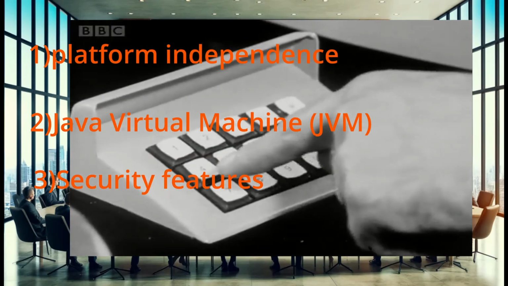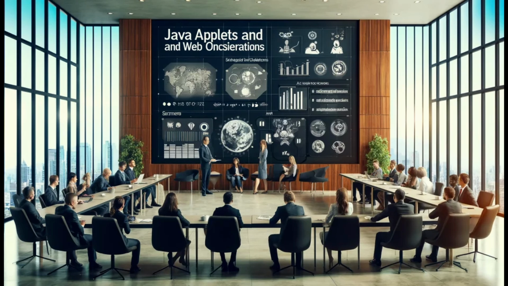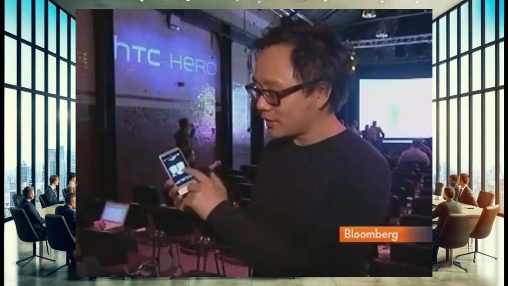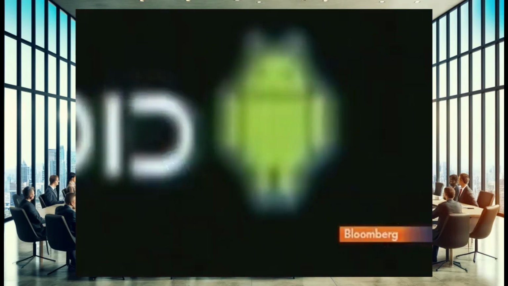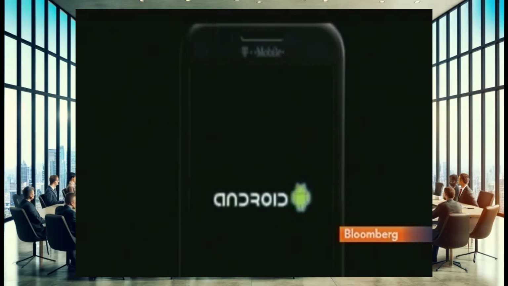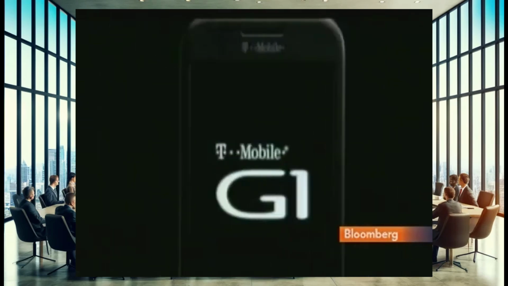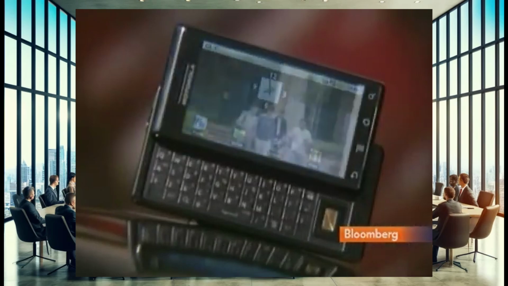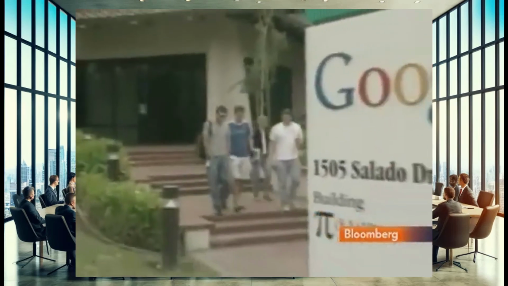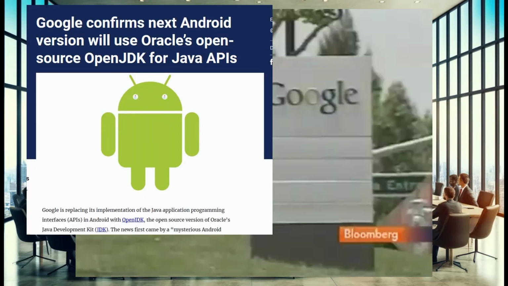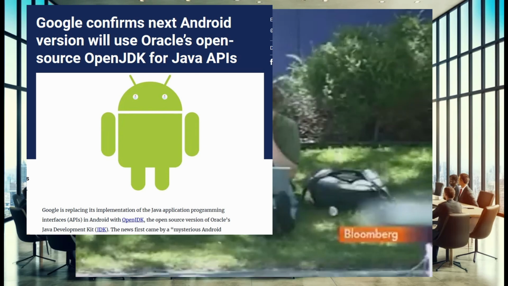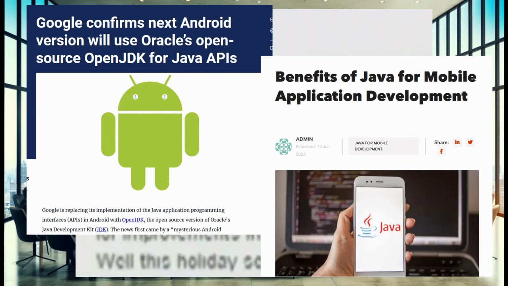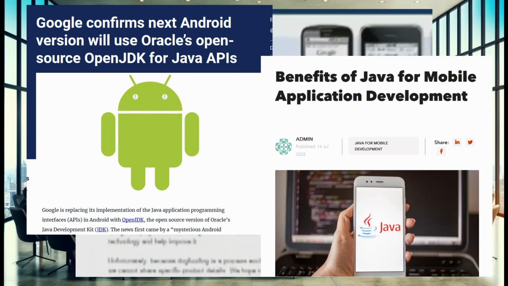But Java wasn't done evolving. In 2008, Google unveiled Android, a mobile operating system powered by Java. Suddenly, Java wasn't just for server rooms, it was in the pockets of millions of users worldwide. Android's reliance on Java wasn't an accident. The language's simplicity, flexibility, and massive developer base made it a natural choice. Even today, despite the rise of Kotlin, Java remains a cornerstone of Android development. Whether it's your favorite game, banking app, or productivity tool, chances are Java had a hand in making it.